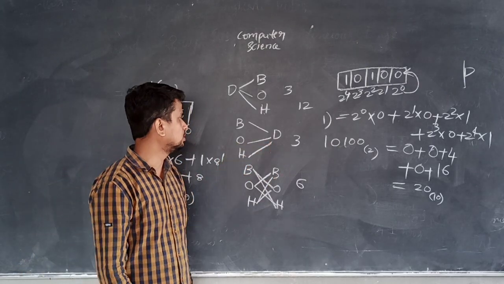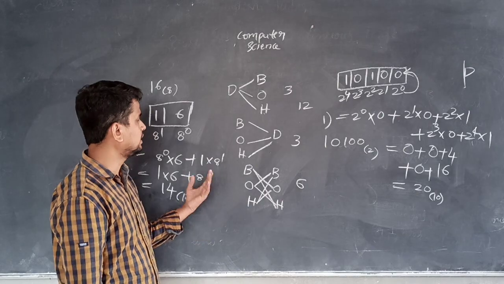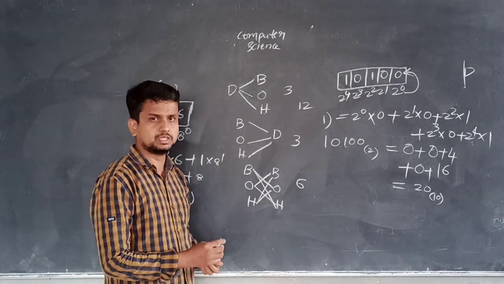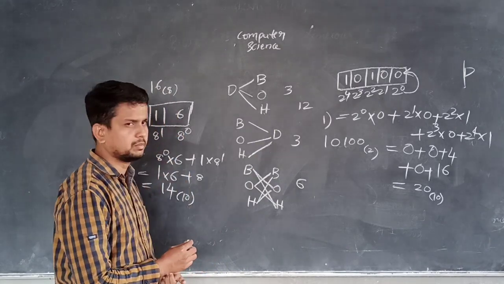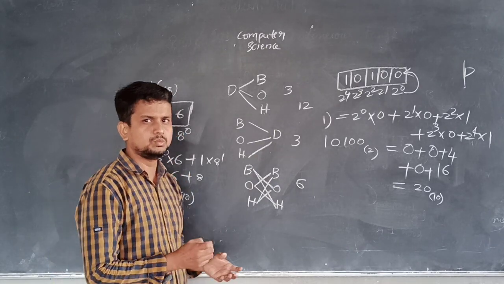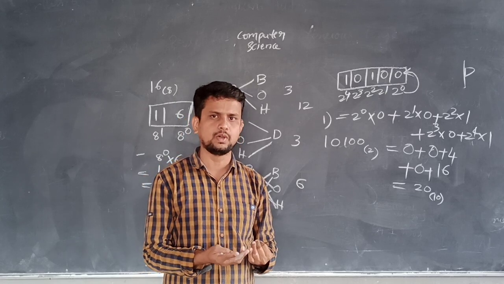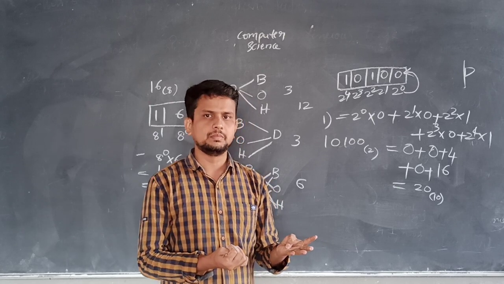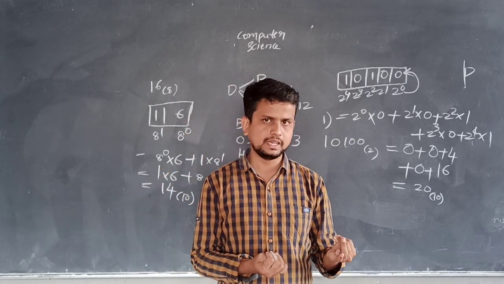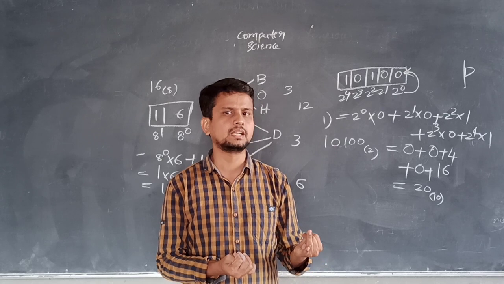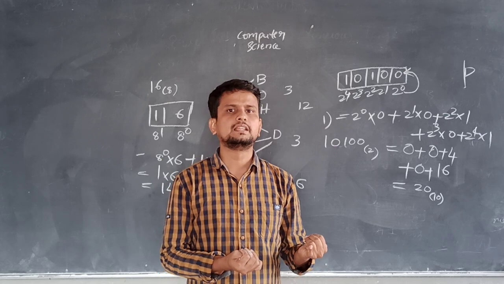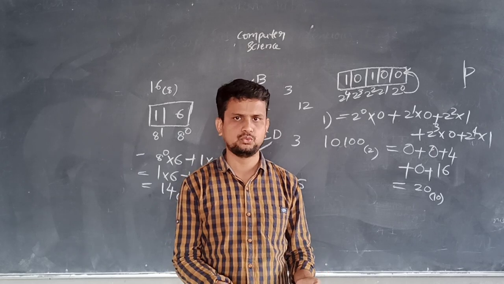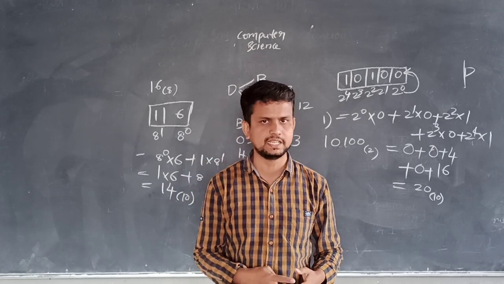Now you can test other examples also. So again I am taking hexadecimal number system to decimal number system. Hexadecimal number system, all of you know it. From 0, 1, 2, 3, 4, 5, 6, 7, 8, 9. 10 indicates as A, 11 indicates as B, 12 indicates as C, 13 indicates as D, 14 indicates as E, 15 indicates as F. These are the hexadecimal digits.